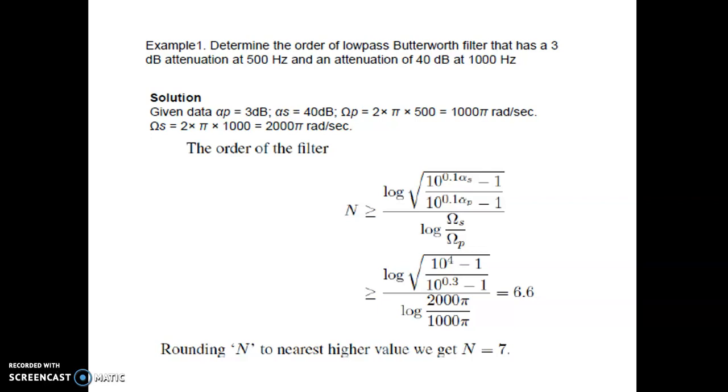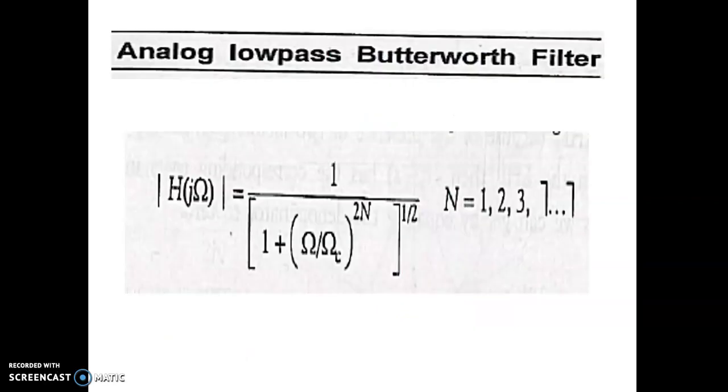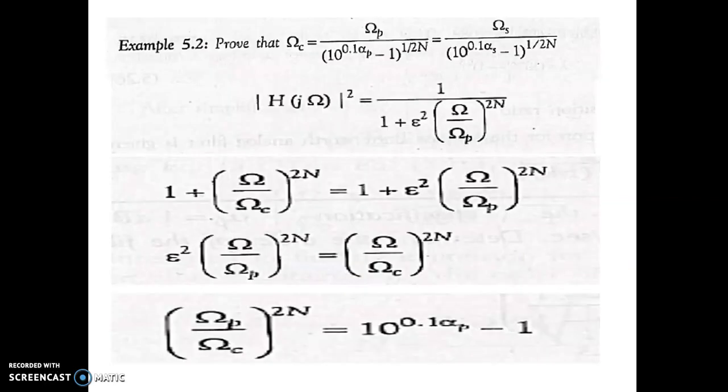So this comes out to be around 6.6. The order of the filter cannot be a fraction, so we round it off to the next highest integer to get n is equal to 7. Given here is the equation for the analog Butterworth filter, and we need to prove that omega c is equal to